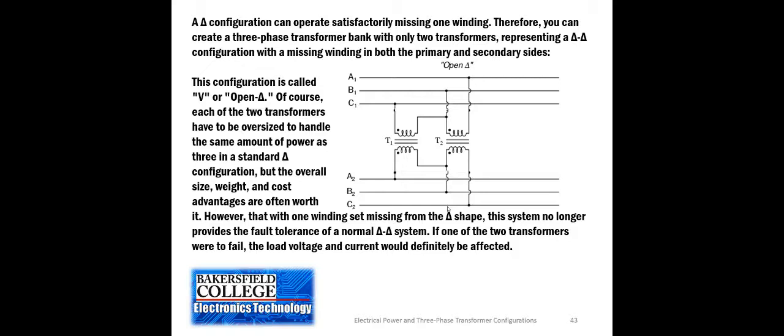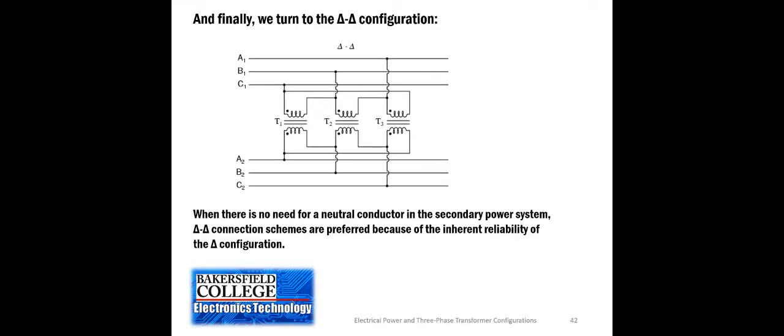So the advantage of a regular delta configuration is that if one of these transformers went bad, you could take it out of the circuit and the thing would still operate. It would operate with more current through the remaining two transformers, but it will still get you through until you had